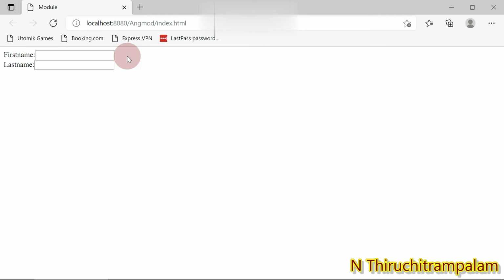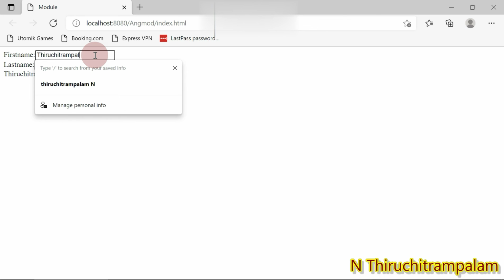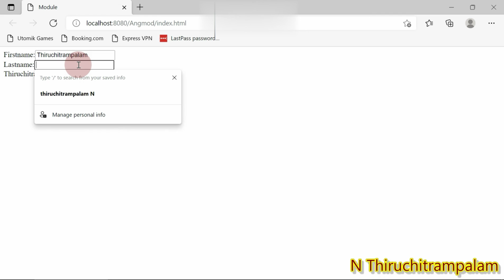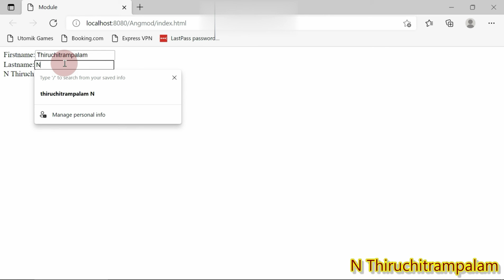So already we have seen this, but in this session, we created the application module and the controller module in separate AngularJS files. That's what we have seen. So let me key in the name Tiruchitrambalam, right, and then you can see underneath the value Tiruchitrambalam, so that reflects the first name. Till now you don't find anything next to Tiruchitrambalam, so I'm going to give N.